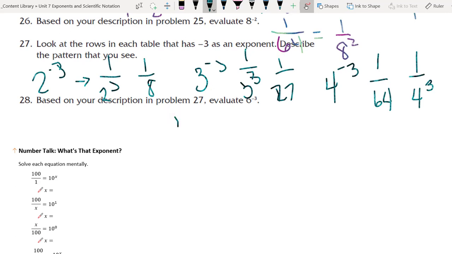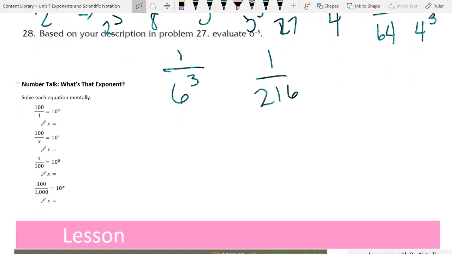So you could have a couple of options. You could have 1 over 6 to the third, or if you evaluate that on out, you could have 1 over 216. So to the red folder,